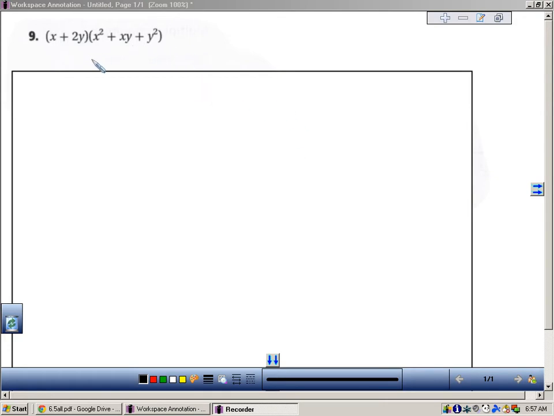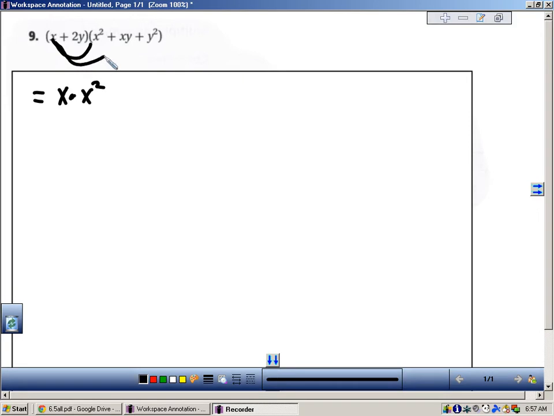So the method I'd like to use here is the distributive property. And so how that works is you, again, take the first term in the binomial and multiply it by the first, second, and third term in the second polynomial. So we'll take x multiplied by x squared. And again, I'm going to show all my work. I'm also going to write it down in this box area. So it would equal x times x squared,